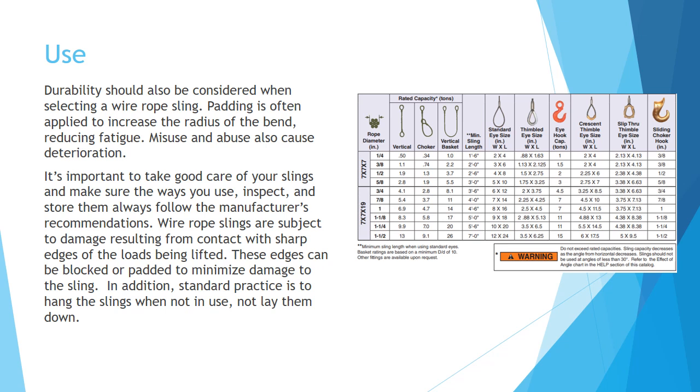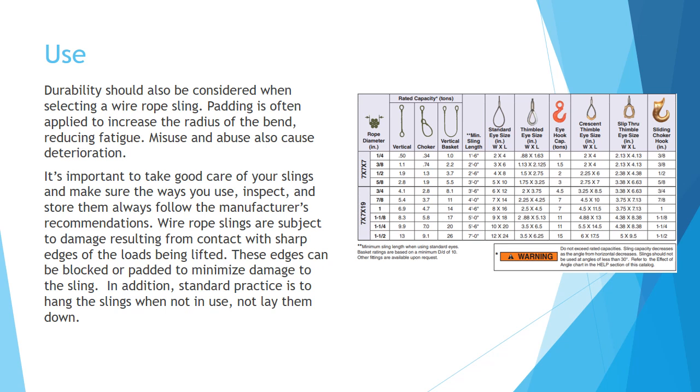Durability should also be considered when selecting a wire rope sling. Padding is often used to increase the radius of the bend, reducing fatigue. Misuse and abuse also cause deterioration. It's important to take care of your slings and make sure the ways you use, inspect, and store them always